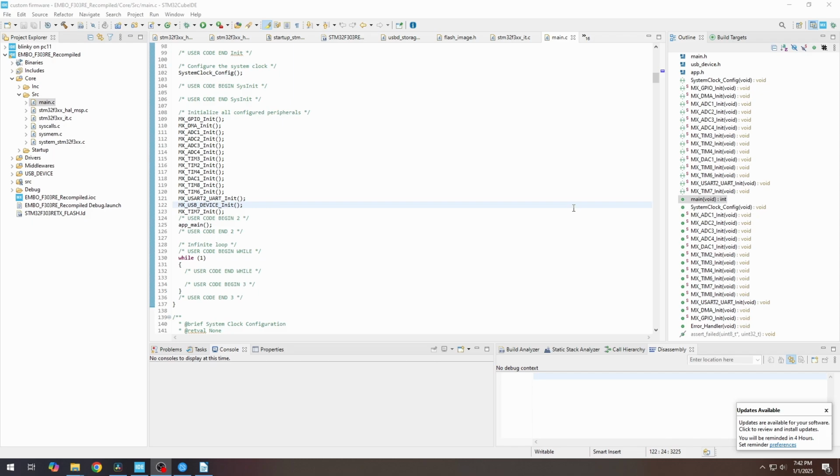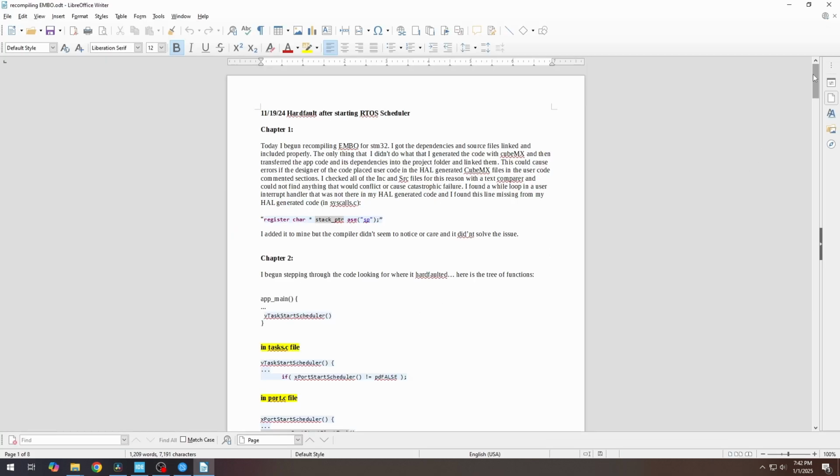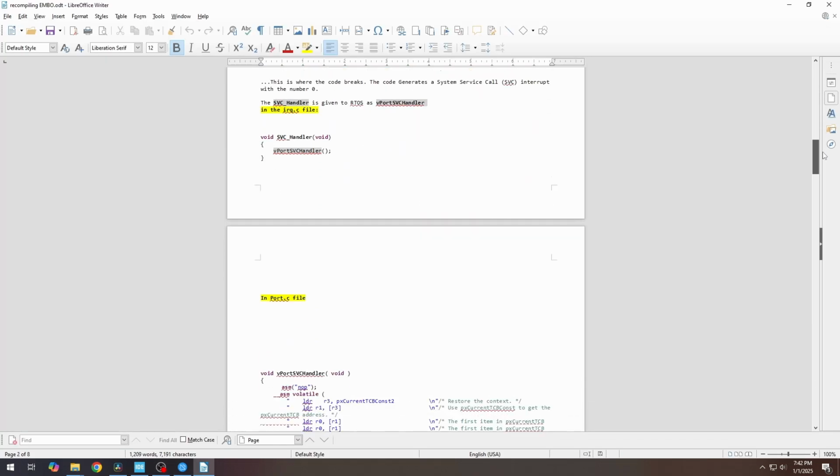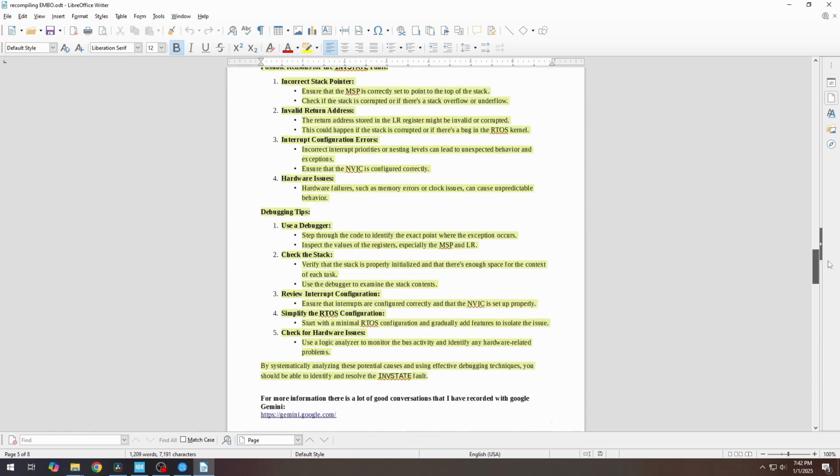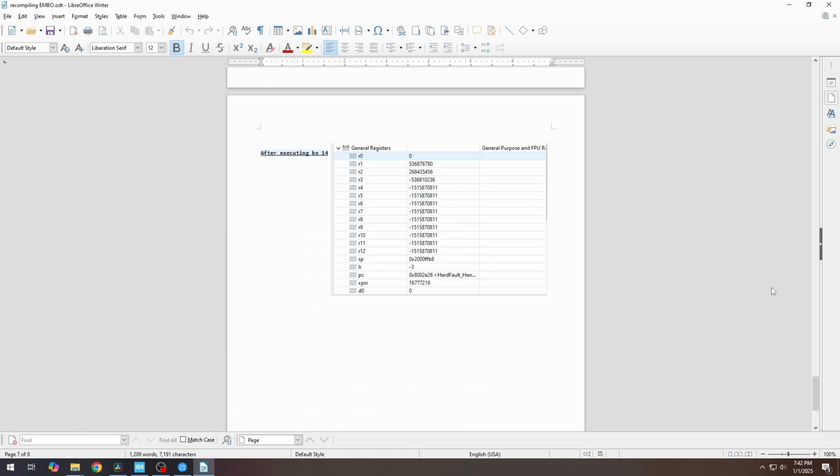In all my efforts to recompile the firmware, I was running into some very unique challenges. I observed that the STM32 is hard faulting as we were trying to start the RTOS scheduler. I created a document to observe what was going on as I discovered and debugged the problem. I came to realize that the task context block that is initialized at the beginning of the RTOS, I